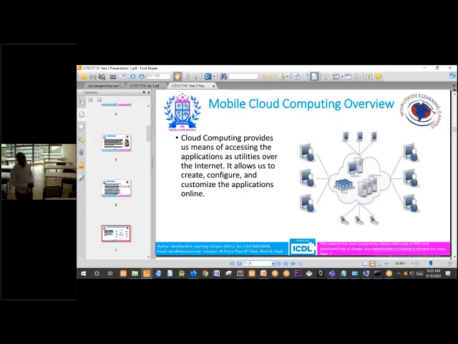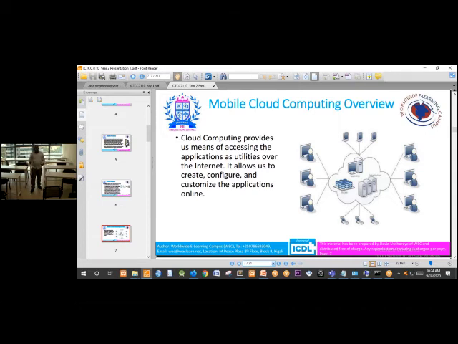So now, what is cloud? The term cloud refers to a network or internet. In other words, we can say that cloud is something which is present at a remote location. So we have an infrastructure, an application, an operating system, a software stored at a remote location, and then we can access it, we can use it, and we can pay for it as a utility.